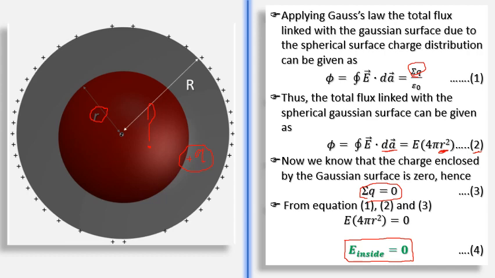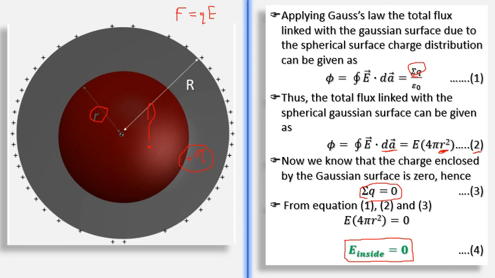Why? Because we know that force F is equal to Q into E. From where did we get this formula? E is equal to F by Q. Electric field is force per unit charge, so force is QE. And how much is the electric field inside? 0. So how much is the force? 0. The charge will remain wherever you place it. It will not go anywhere because there is no electric field inside the shell. So don't forget that. Let us move to the second part.